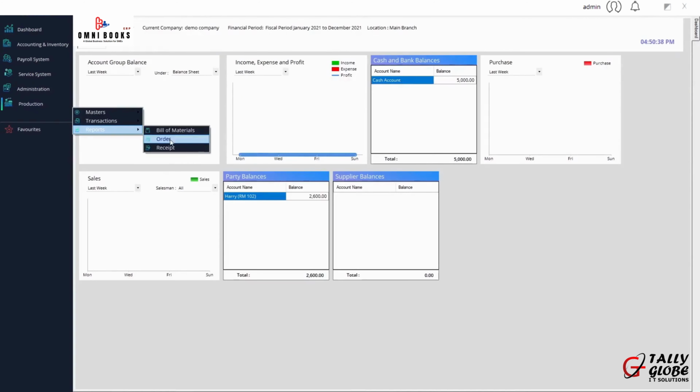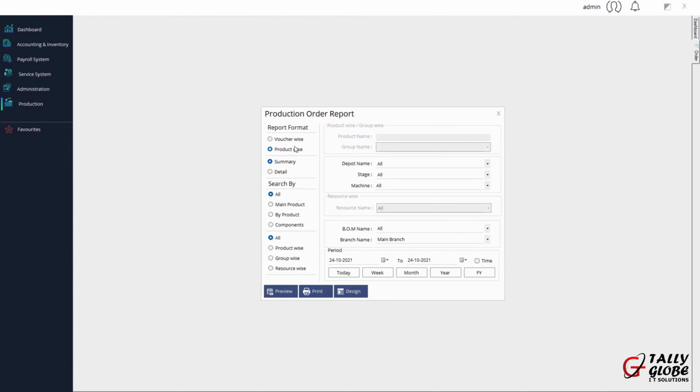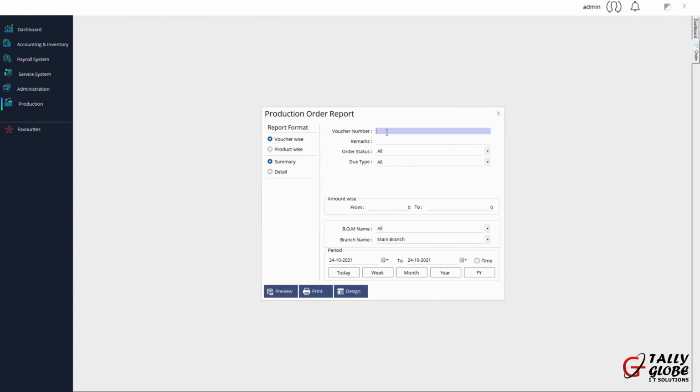And then comes the next one, which is the order report, the production order report. In the production order report, you can filter using two options: voucher wise and product wise. In the voucher wise option, you can filter the voucher number. You can filter it using the remarks. You can check the order status as received or pending, and all. You can also check the due date, if it is due or overdue or anything. And you can filter using the payment amount. And then comes the bill of material name and branch, and then you can filter it using the date and